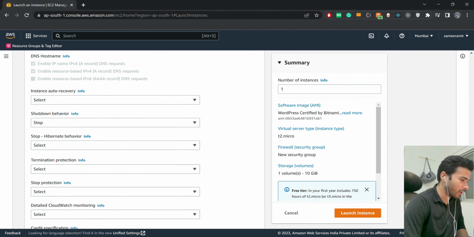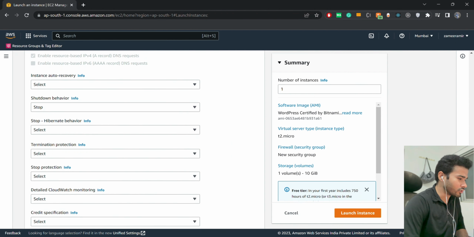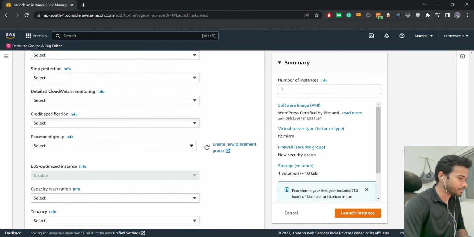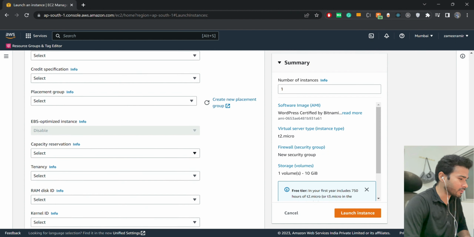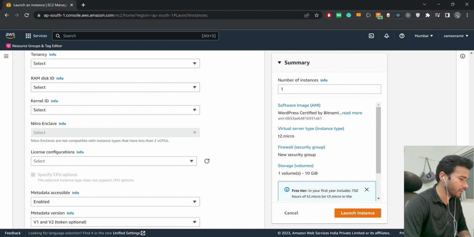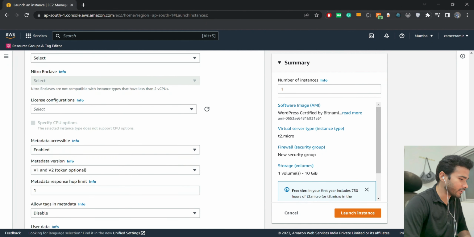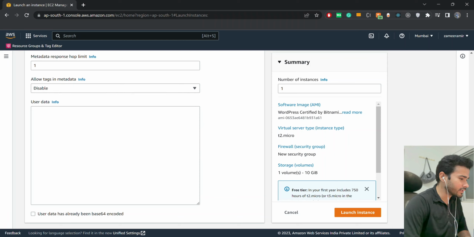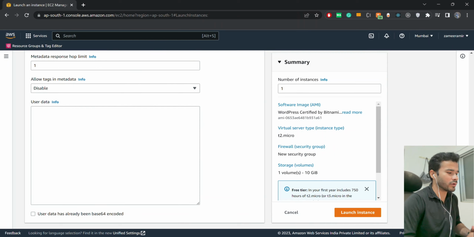Shutdown behavior, stop hibernate behavior, termination protection, stop protection, detail CloudWatch monitoring, credit specification, placement group, EBS optimized instance, capacity reservation, tenancy, RAM disk, kernel ID, license configuration, metadata accessible, metadata version, metadata response hop limit. So all these things that you see over here, we don't have to worry about for this video at least. On the right side, you can see the summary of the EC2 instance that we are going to